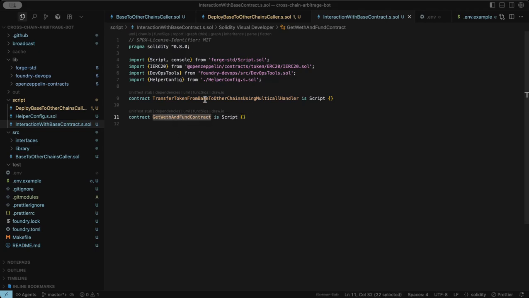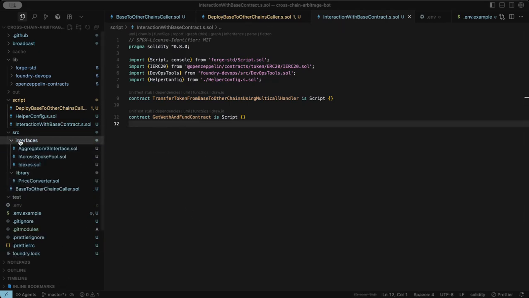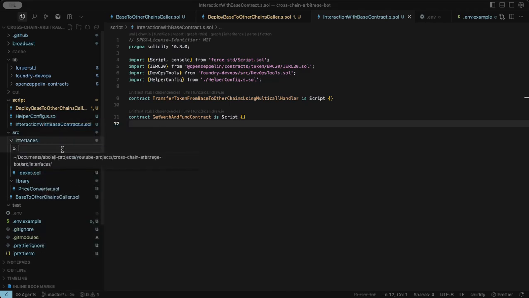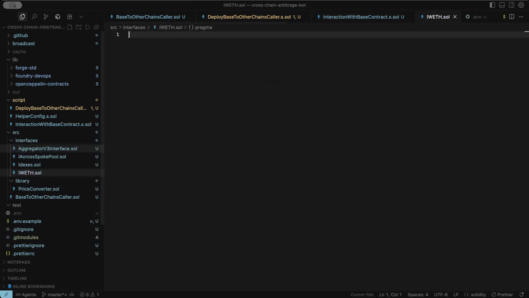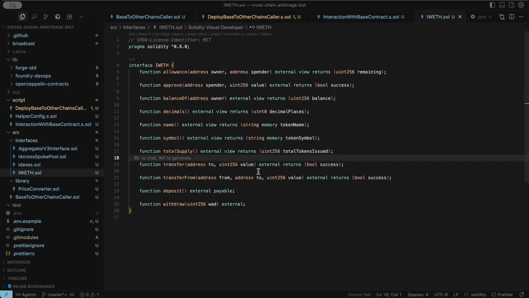Now, before we can do this one, we need to get the interface of wrapped Ethereum. Now you can just Google that. So I'm just going to come to this interface and I'm going to create a file to hold our IWETH. That's the interface of the WETH token. And I'm going to paste the interface here. Now you feel free to pause the video and get this down. All right, but you can easily Google wrapped Ethereum interface and you'll get the interface. All right, so yeah, moving on from here,